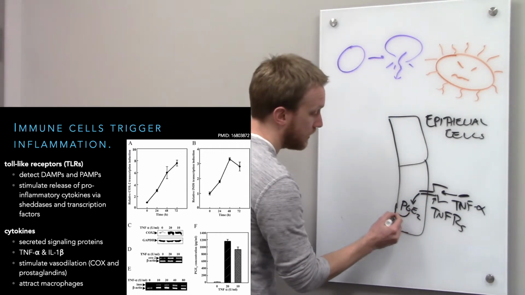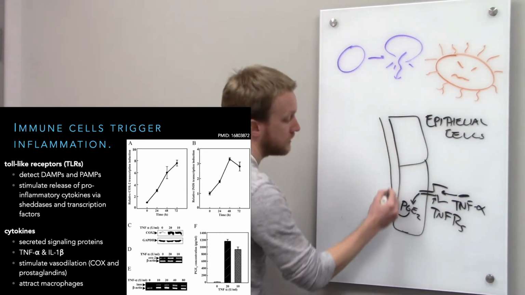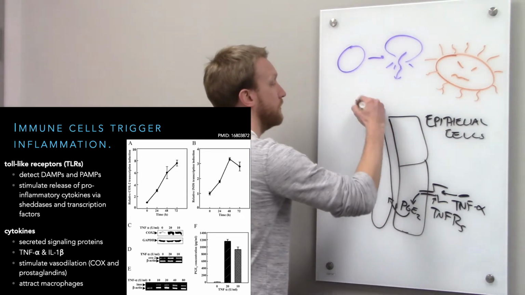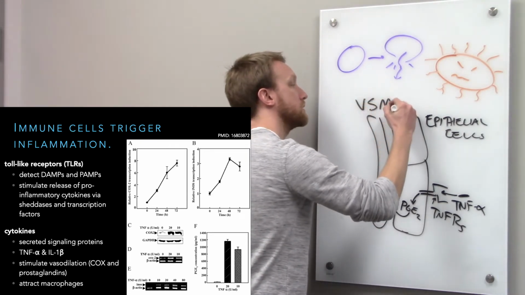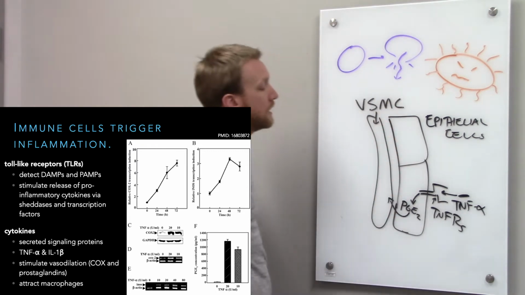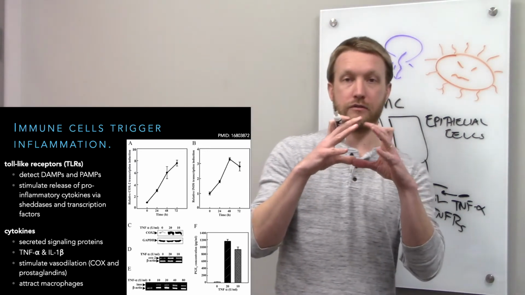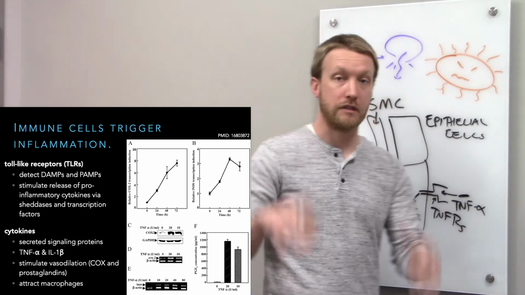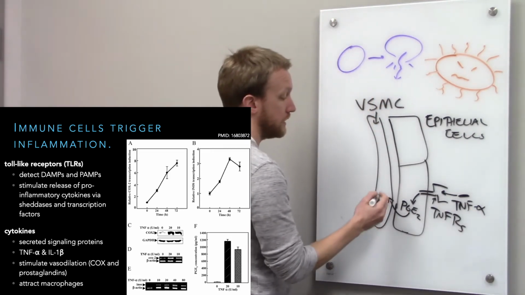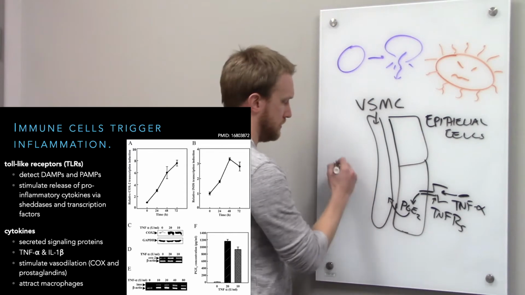Prostaglandins then act on our smooth muscles, so vascular smooth muscle cell, there it is. When these contract, we get vasoconstriction. When they relax, we get vasodilation. And prostaglandin E2 causes